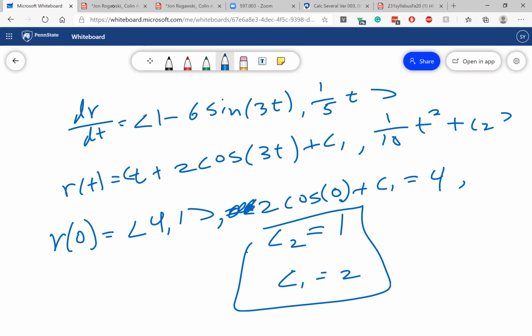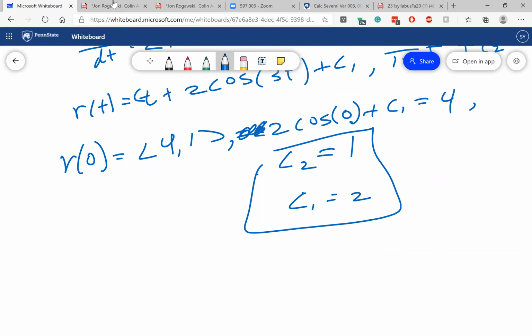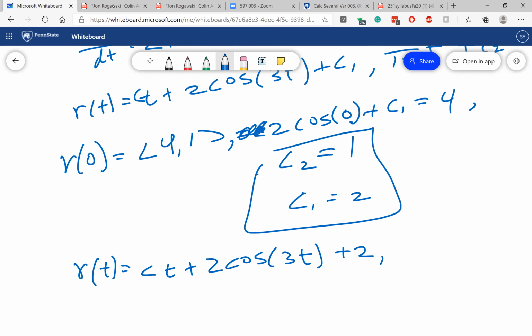Let's plug that into this equation over here. So r of t is going to be equal to t plus 2 cosine of 3t plus 2, comma,